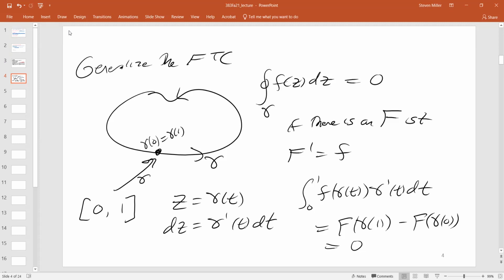So this is essentially what the book is talking about. If we have a primitive, then the integral of our function along a closed curve is 0, because we end up where we started, and it's essentially just the fundamental theorem of calculus. The difference now is we have it over a more interesting shape. The fundamental theorem of calculus over a point from a to b. But now once we have a curve, to say that the integral over this curve is 0, that now has some meat.